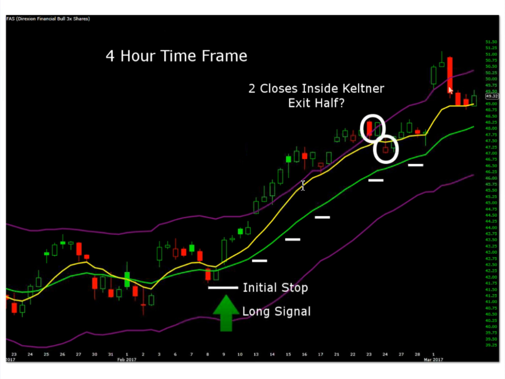It's this first close back inside the Keltner channel, or I'm sorry, second close back inside the Keltner, so we'd exit half the position from the daily chart and stick with the 4-hour, using our stop up here halfway between the 21 period EMA and the 9 EMA. Hopefully that makes sense. I got a little confused on where